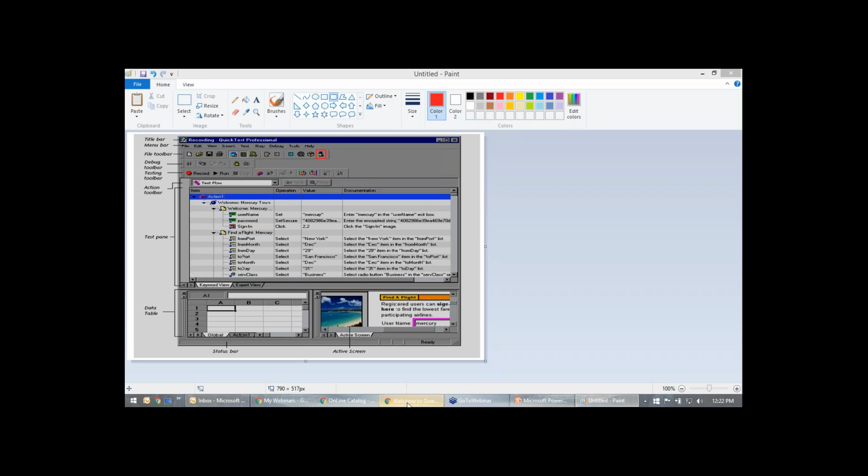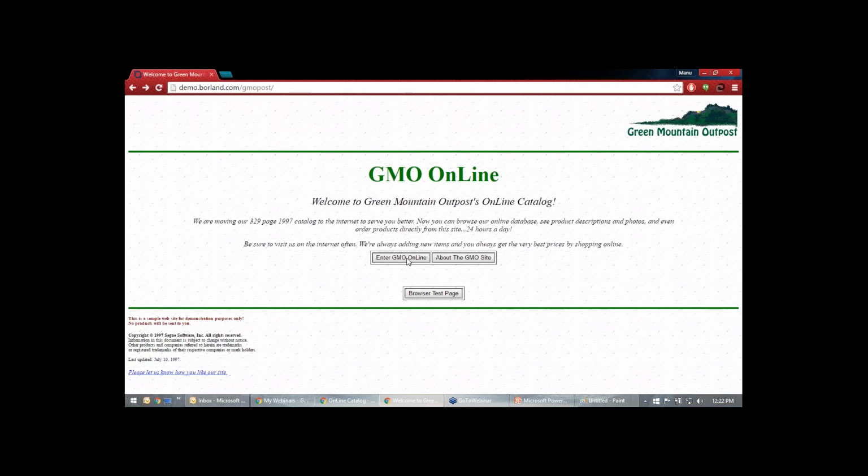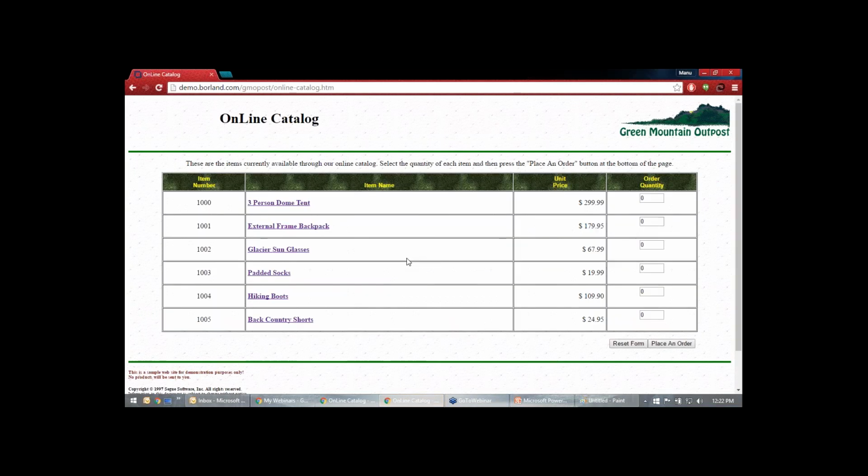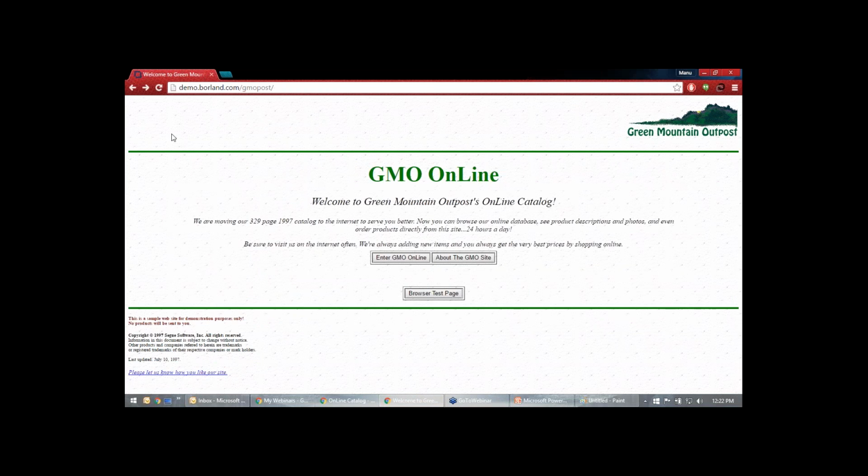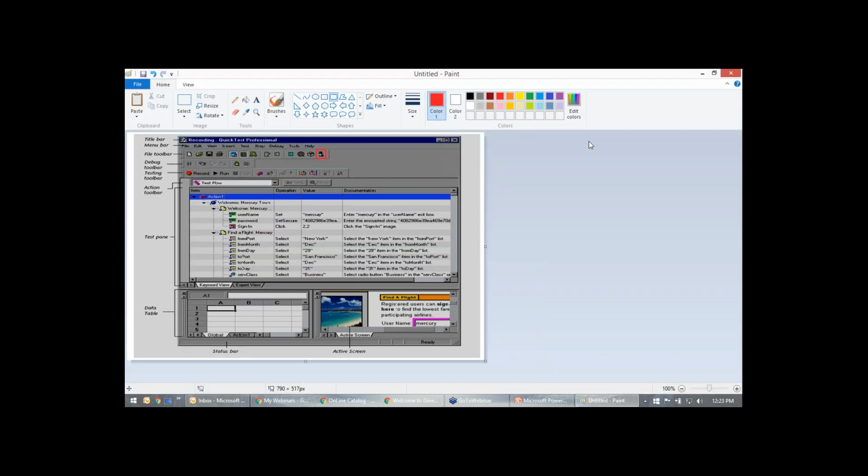Let's say you want to know the properties of a button. You click that Object Spy button, click here, and it shows what the properties are. It shows x-axis, y-axis, HTML tag, title, and so on. Each object has like 30 to 40 properties and values. Some of the values of those properties will be null, but some of them will have values. So that's how you can recognize an object.